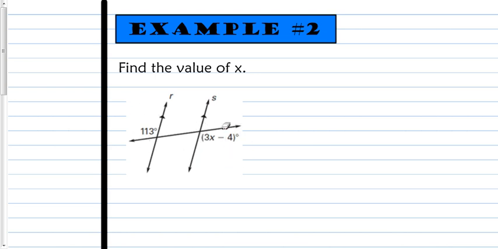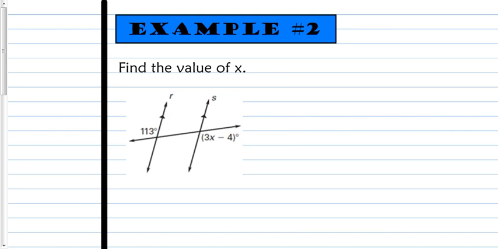We've learned 4 types. Are they alternate interior angles? Well, they're not on the inside, so they're not alternate interior. They're also not same side interior because they're not inside. So that leaves us with alternate exterior or corresponding. And by looking at them, I see that 113 is above the transversal and 3x minus 4 is below the transversal. So since they're on the opposite side, they are indeed